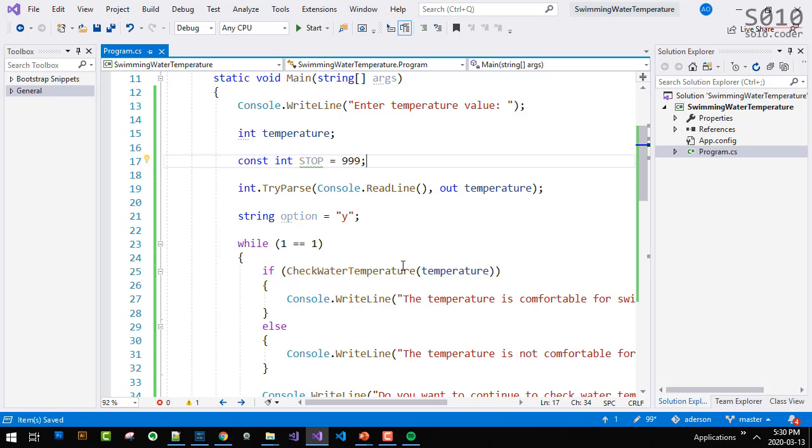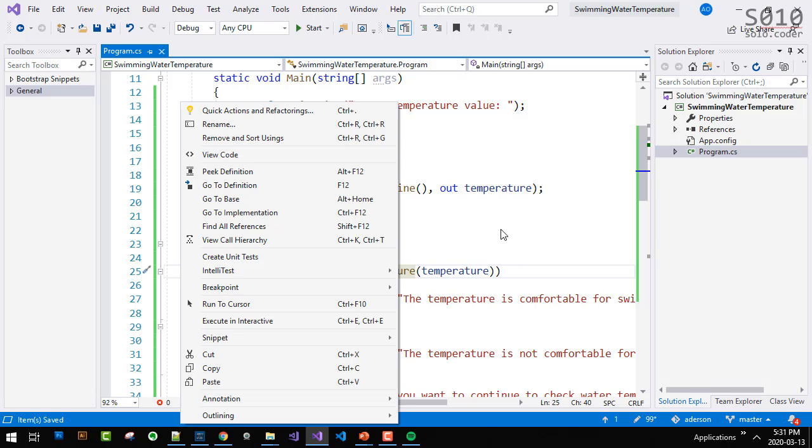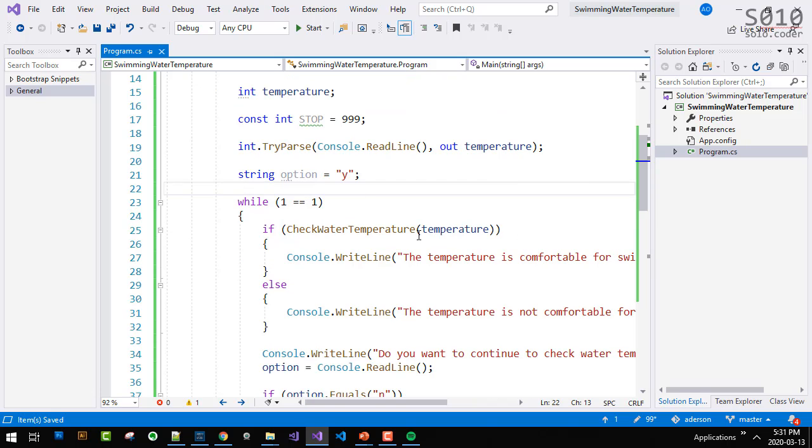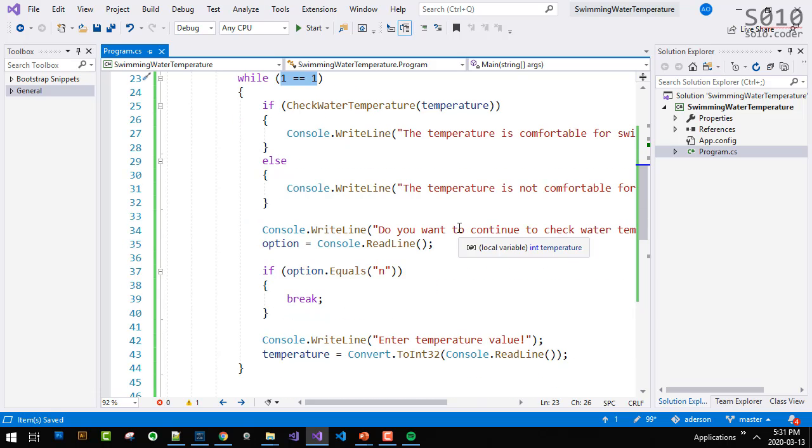So as I go through the loop, if the user types 999, we're going to exit the loop, okay? So I'm going to say here, where does it start? Okay, temperature. So I'm going to say, if actually while,